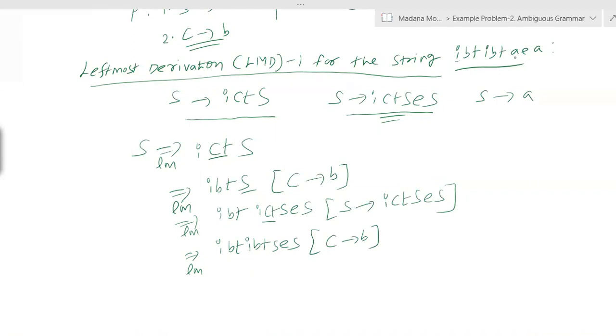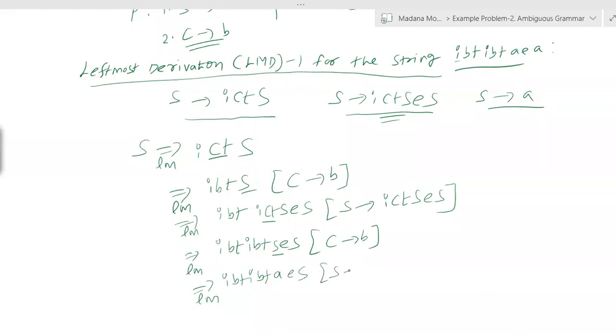So after IBT, IBT, what you want? AEA. So here E already there. Now two S are there, before E, after E, we have the variable S. Now in place of S, what we need to substitute? Compulsory we need to substitute A. Why? Because our string consisting of terminal A before E, after E. So compulsory you need to substitute S by A. First one by one, leftmost S you need to substitute by terminal A. Now this will become IBT, IBT, A, E, S. Now leftmost S we are substituting with terminal A. The remaining symbols as it is.